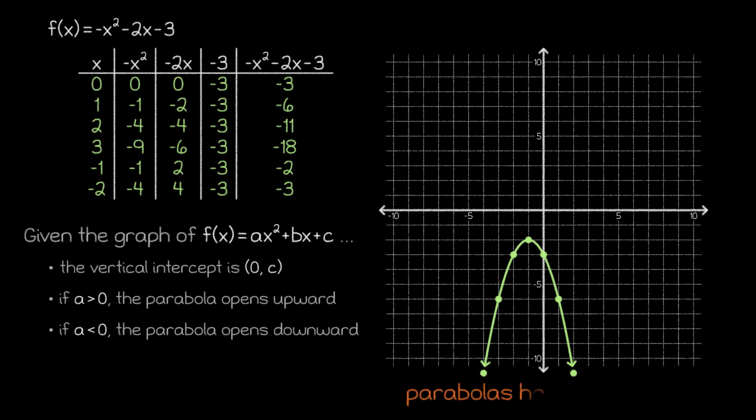Well, it comes down to symmetry. If we consider the input value for the vertex and move a certain distance in both directions, we'll get the same output. For example, we can see that -2 and 0 both had outputs of -3. This also means that -3 and 1 should also both have the same output. And since we already knew that plugging in 1 gave us an output of -6, this allowed us to also use -6 as the output for -3.